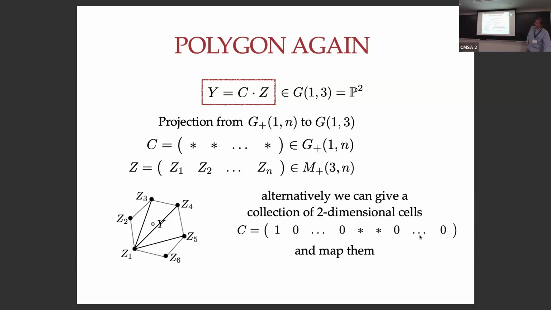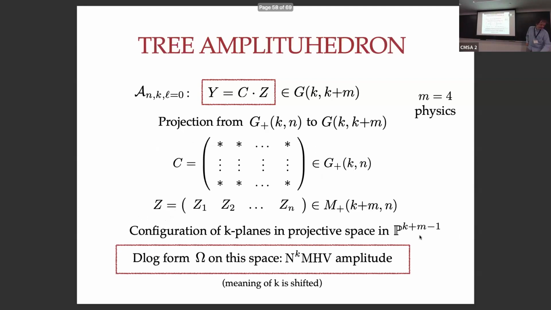But this will be already a triangulation. Now, the amplituhedron is just a direct generalization of this idea. Just change some labels. Instead of G+(1,n), a collection of positive numbers, these C's, you have a top cell of the positive Grassmannian, G+(k,n). So it's a k by n matrix with all k by k minors being positive, and also the dimensionality of the Z's